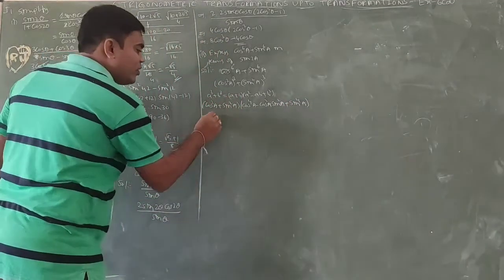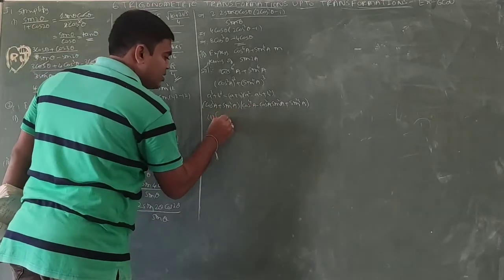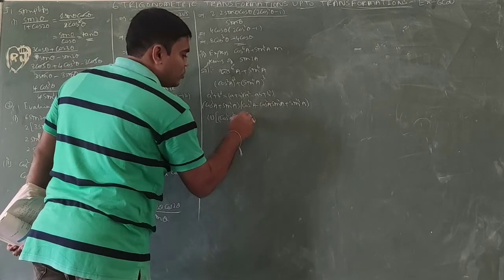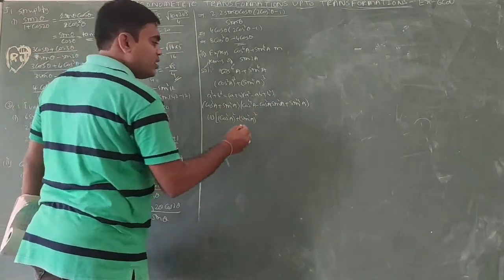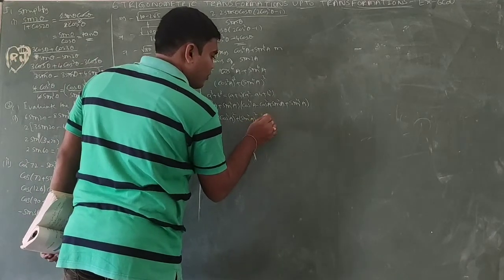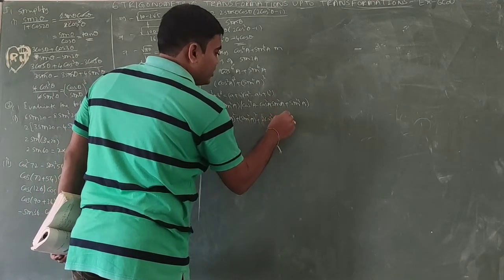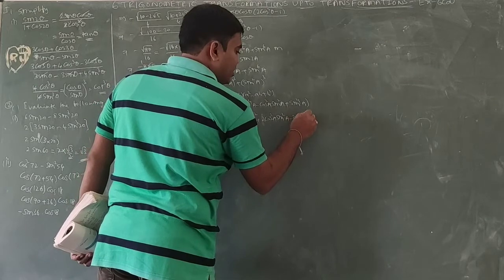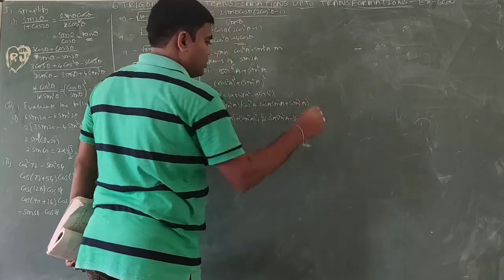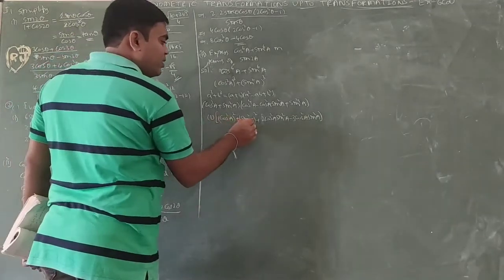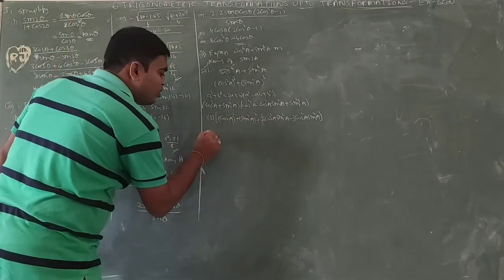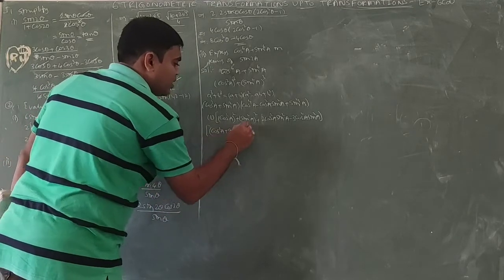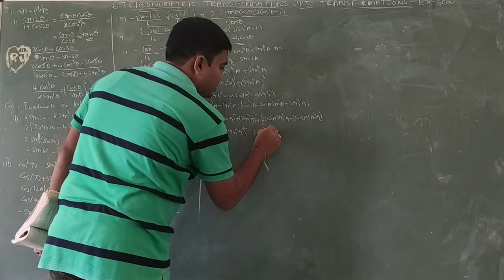So cos square A plus sin square A equals 1. Next, this is (cos square A) whole square plus (sin square A) whole square. So (a plus b) whole square, I want to write with plus 2 cos square A sin square A. So actually this is minus, so to adjust, minus 3 cos square A sin square A. Now a square plus b square plus 2ab is (a plus b) whole square. So (cos square A plus sin square A) whole square minus 3 cos square A sin square A.